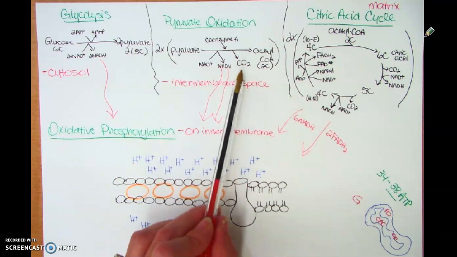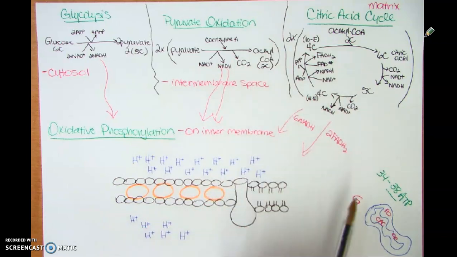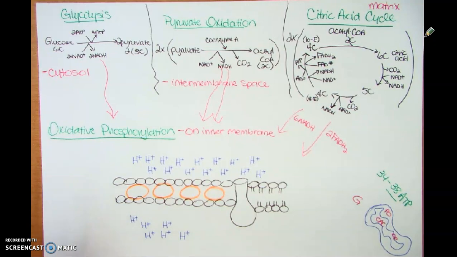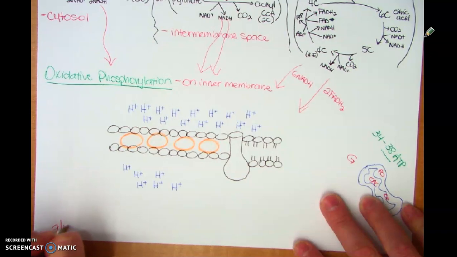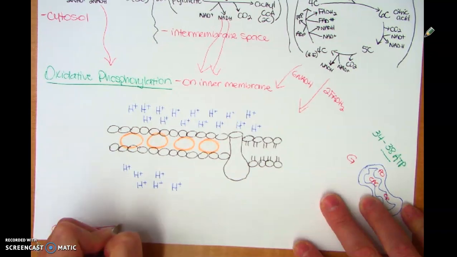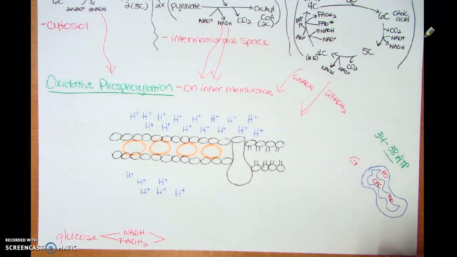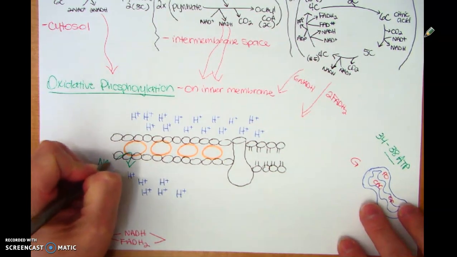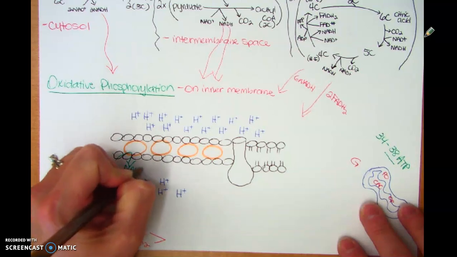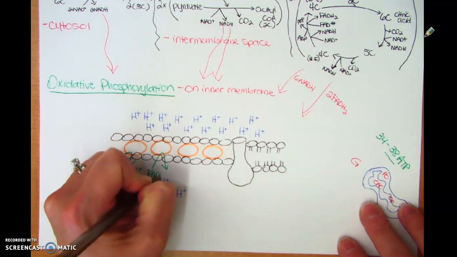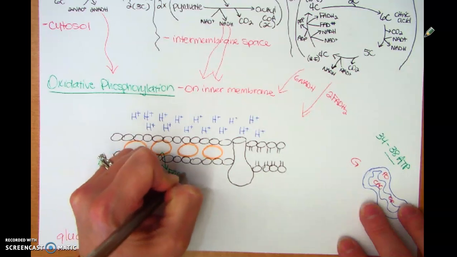So when we talk about these carbons all coming off and these electrons all being released, all of these electrons are coming from glucose. So the electrons are moving from glucose to NADH or FADH2. Okay, mostly NADH, right? There's 10 of these and only 2 of these. So the vast majority is going to that. And then what's going to happen here is we are going to see NADH drop off those electrons and FADH2 drop off its electrons